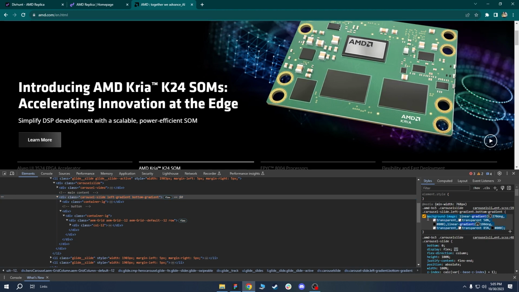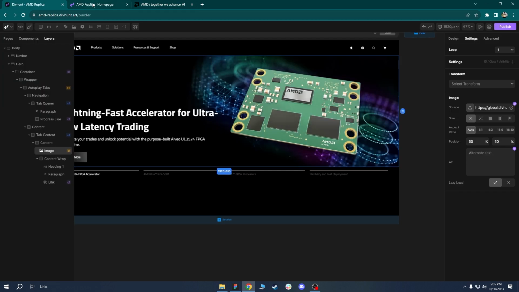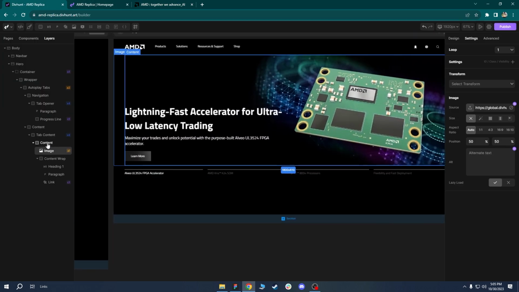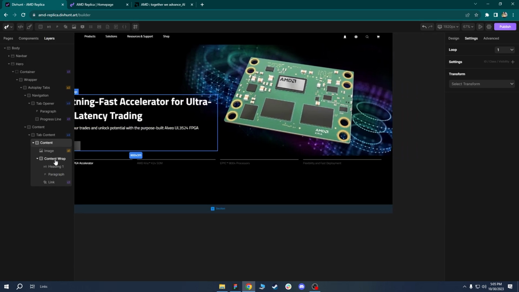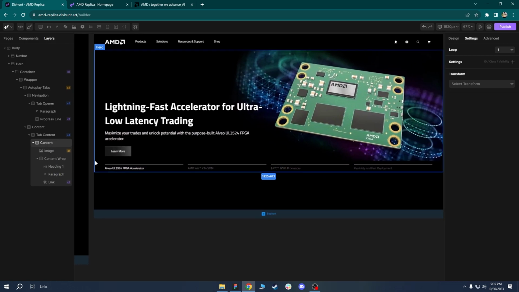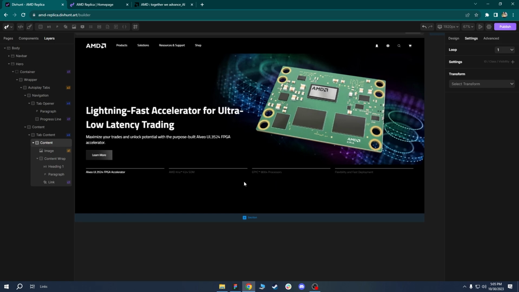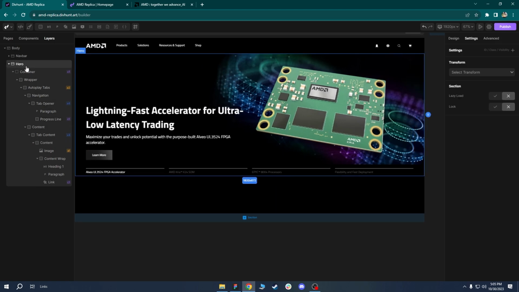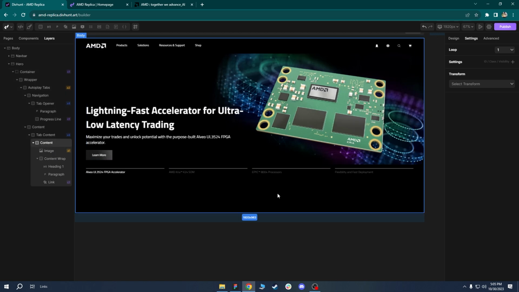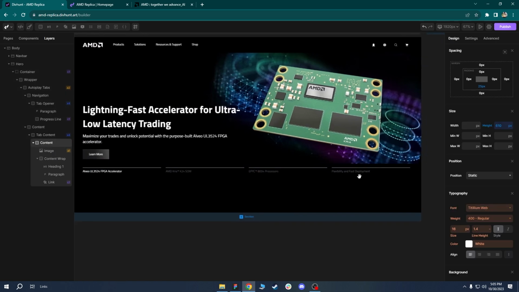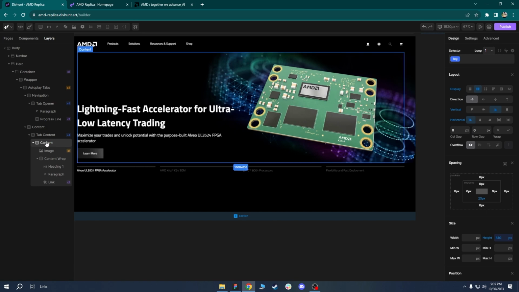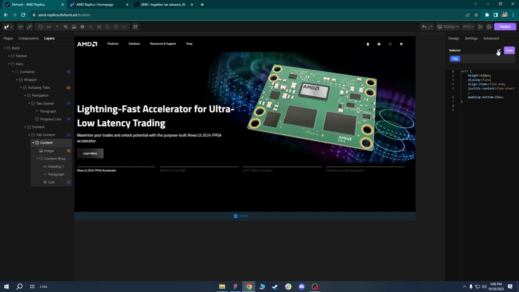I can again go with this method, just copy it and paste it. Yeah, why not? Let's paste it on this content here. Where would be best to paste this option? Let's go with this content here. Yes, it would be best to paste it on the content. I can select my content div, select custom code, and just paste it here like that. When I hit save,